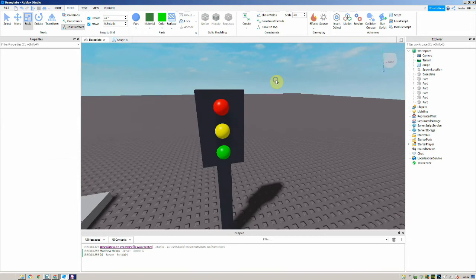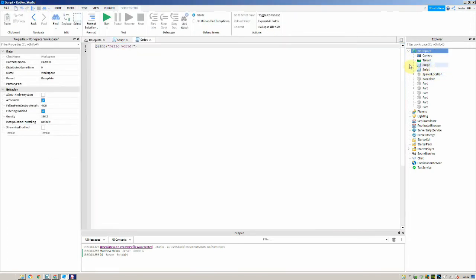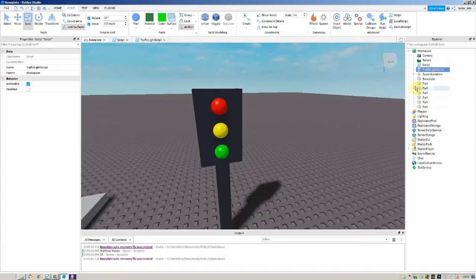Green. And we're going to insert a script into our workspace, and we're going to call the script traffic light script. Okay. In this traffic light script, we're going to set some variables, but first we need to group our model